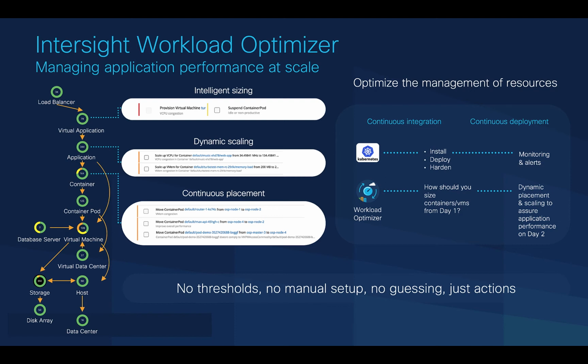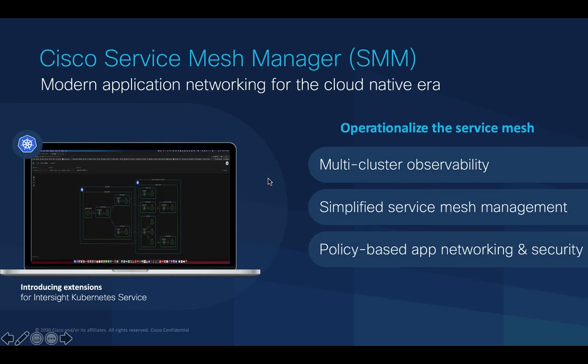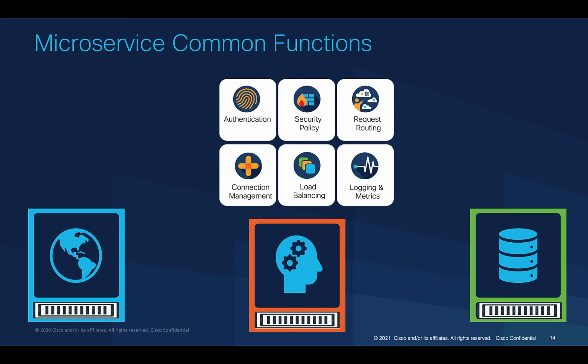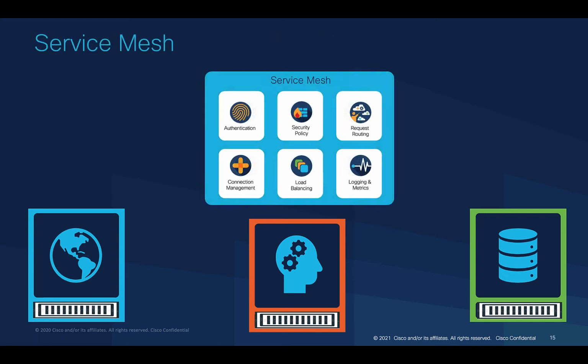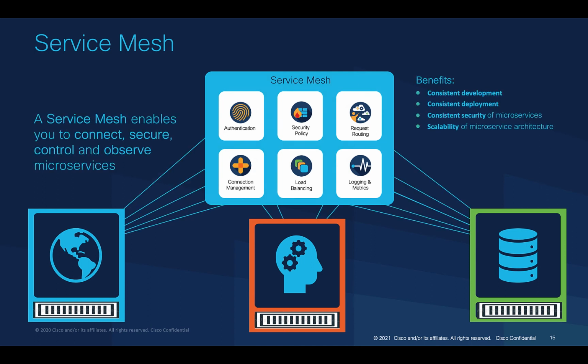Now that we have looked at Intersight Workload Optimizer for enhanced application visibility all the way from containers down to the hardware and intelligent auto-scaling, let's look at Cisco Service Mesh Manager. A quick introduction to Service Mesh. Let's say your application is split into 3 components, a front-end microservice, some business logic, and a back-end, and you want to inject secure connectivity, debugging, and tracing capabilities. Istio Service Mesh offers a simple way of injecting this as a sidecar container in each of your microservices.